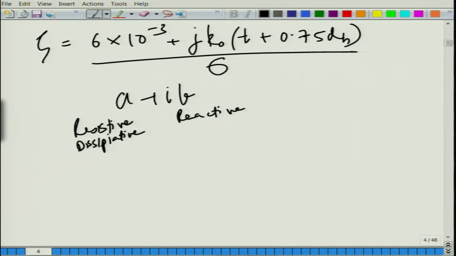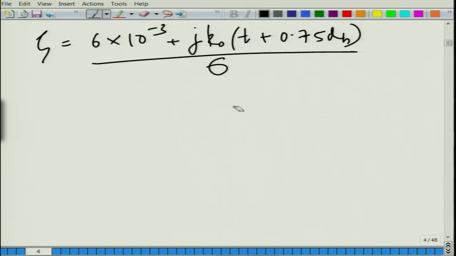Now, this expression is for a stationary medium. When you have a stationary medium, you do not really have the concept of a cross flow. So, it is just like a simple perforated pipe without any mean flow. This 6 into 10 to the power minus 3 quantity is very small compared to the other term, and that term particularly increases with frequency because k naught will increase. So, the reactive part will increase. The point I am trying to make is that for a stationary medium, the resistive part is very small, or there is basically no dissipation.